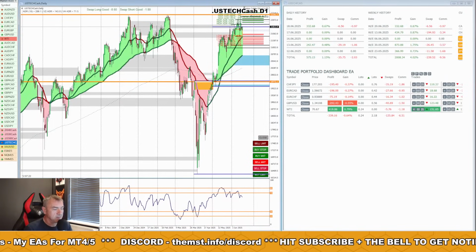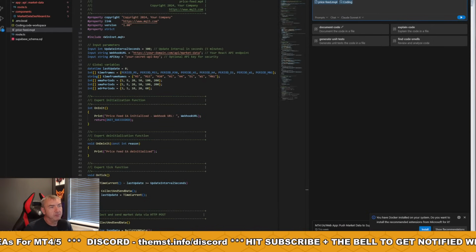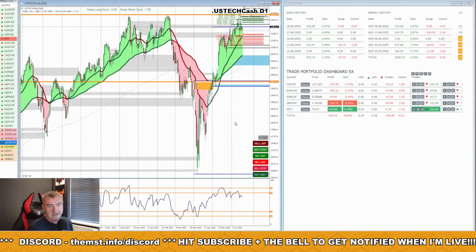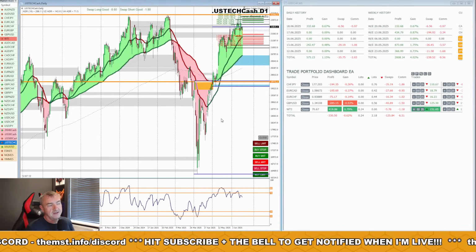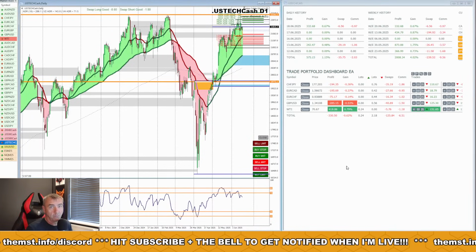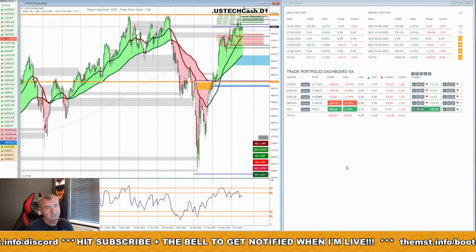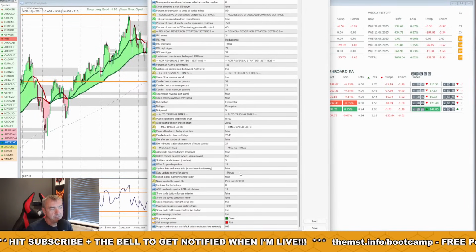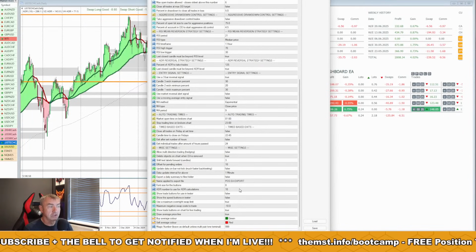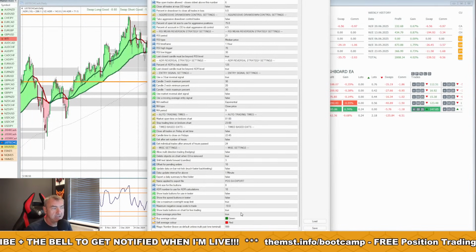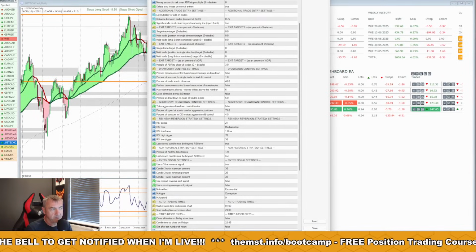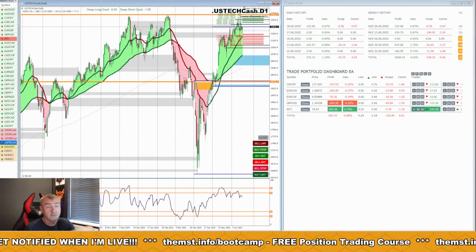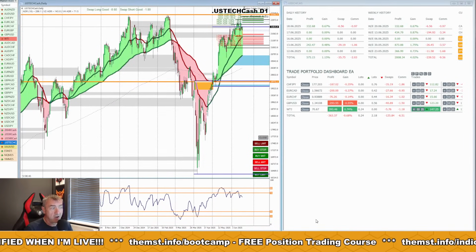I mean, there's a lot of stuff. It is good, but it's not the be all and end all. Yeah, anything really complex, and let's face it, simple stuff works sometimes, but more complex stuff tends to work better. Like the position trader EA, if you want to build something with this many inputs in that, good luck. Unless you have coding experience, you're going to find creating something of this magnitude automatically in AI is going to be very challenging. I haven't tried, but